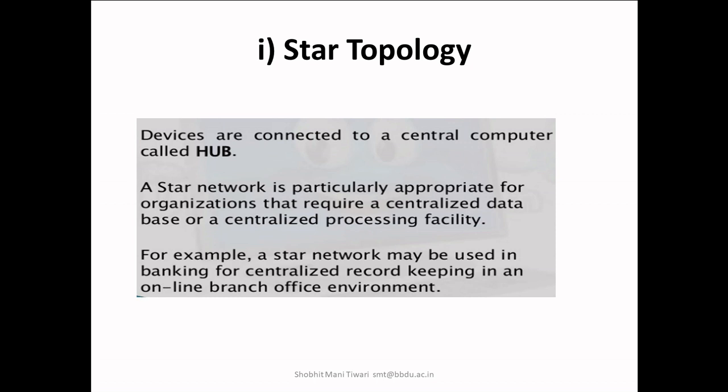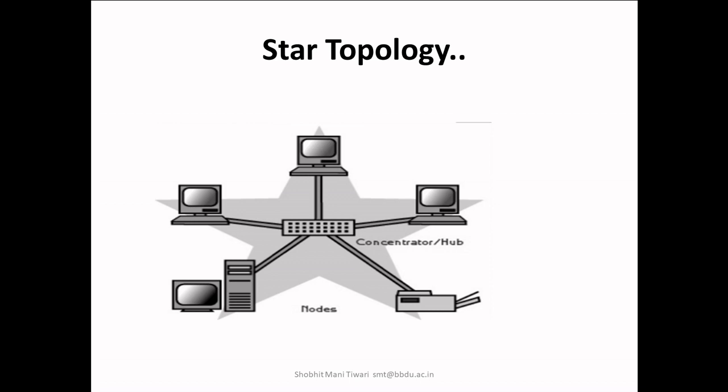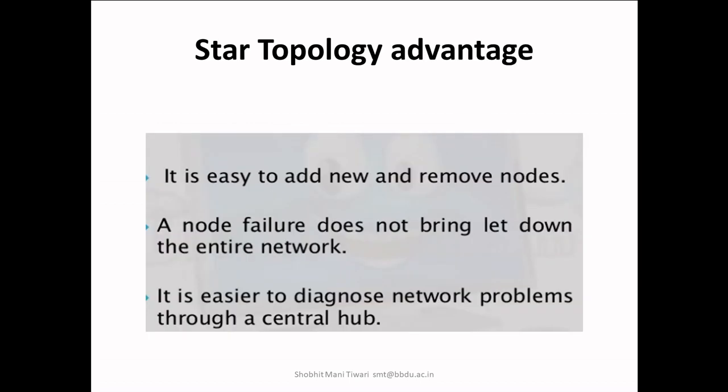Now, next to the first slide, we are showing a second slide here. We are showing a representation of a few computers, a printer, and a central connecting device. All of those form a star-like network, and we can physically see it. Hence, it is star topology, which is under the physical topology. Now, next point: star topology advantages and disadvantages are often asked in examinations. Let us talk about them one by one.